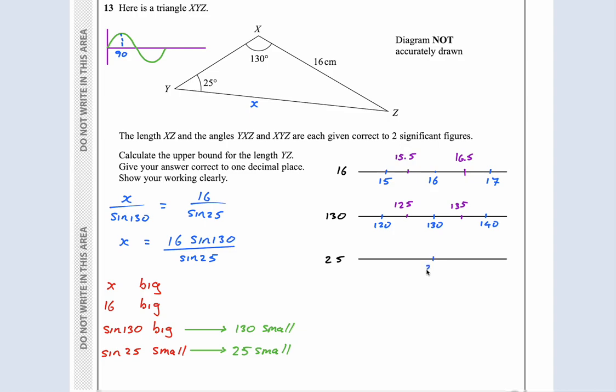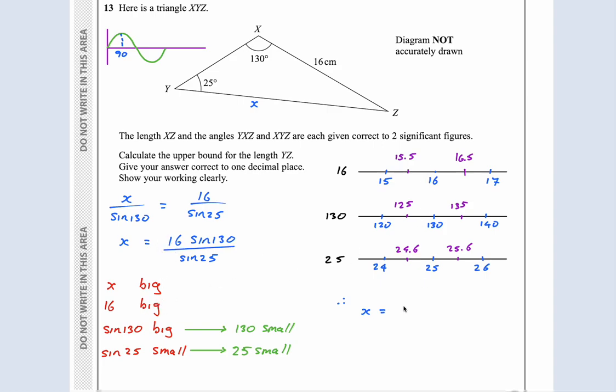And finally, 25 is here. It's been rounded to 2 significant figures, so I'm just going to go up to 26 and down to 24, and then again the middle is 25.6 and 24.6. Now I want to get x, therefore x is equal to, I want the upper bound of 16,